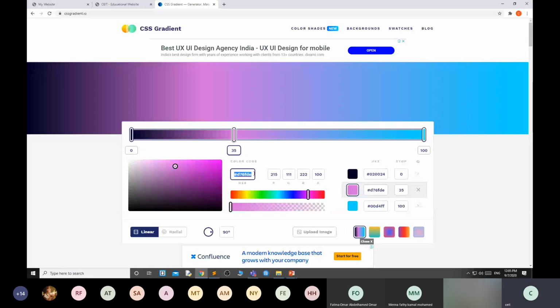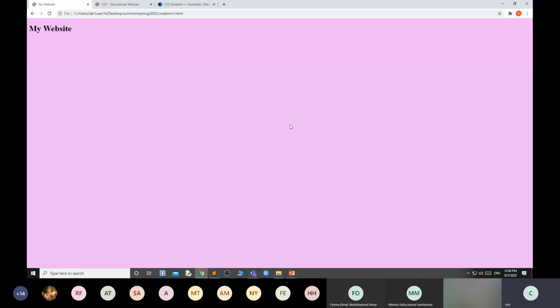Suppose you need this lighter shade, then you can get this and put that value. You can always use the color palette for different colors.